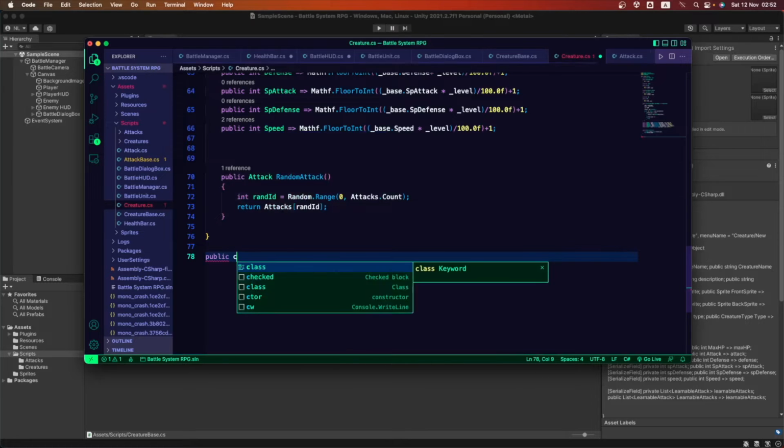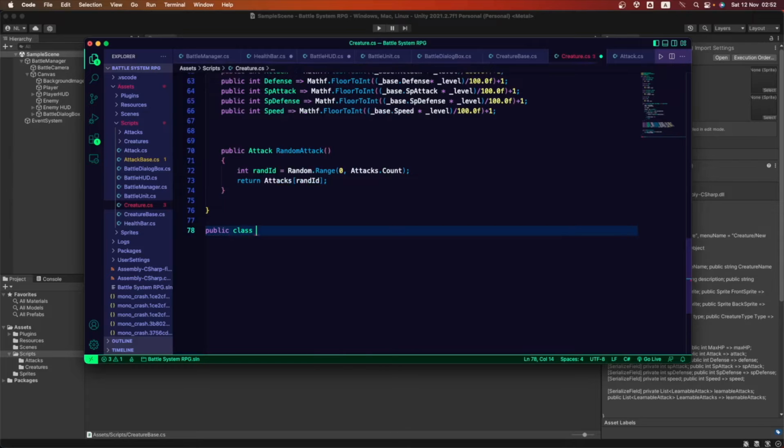This is a simple one. This is going to be a public class called damage description. We're creating that class so we can use it, and we want to create here three variables, which are going to be set wherever we use this class.